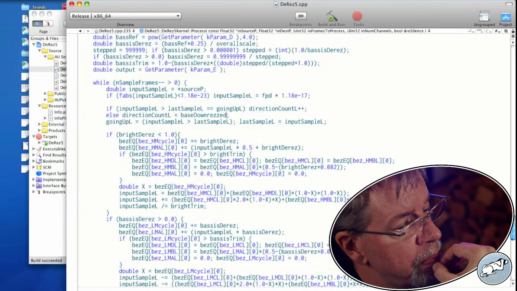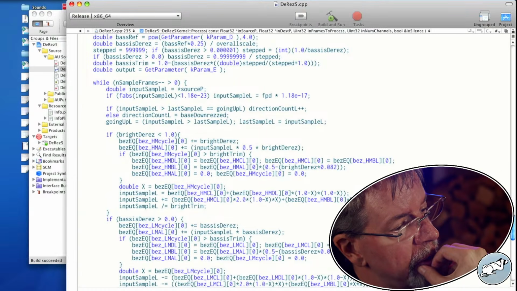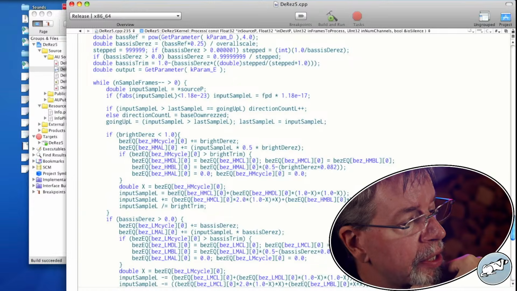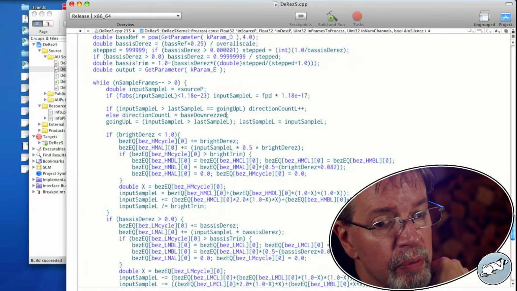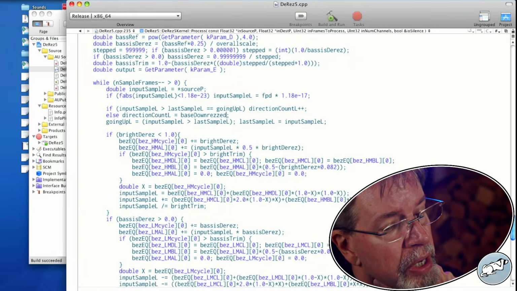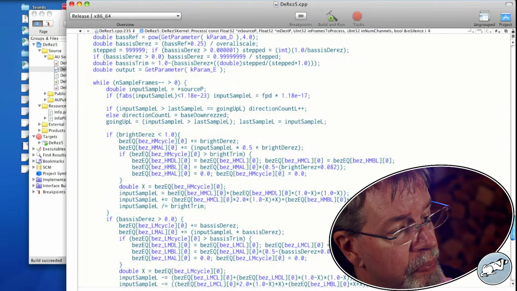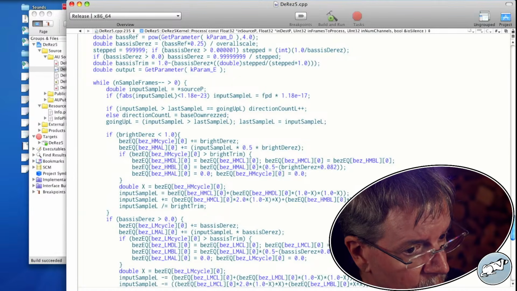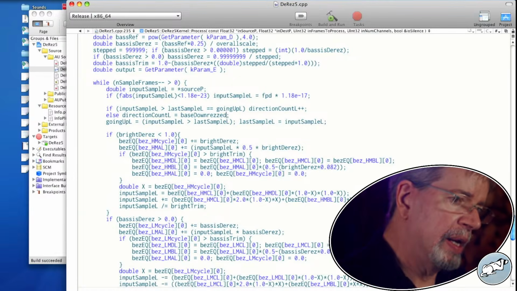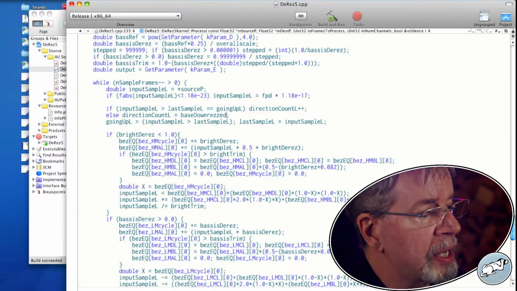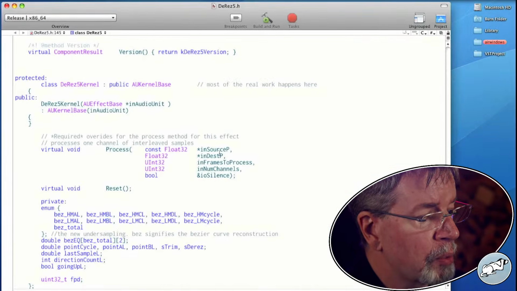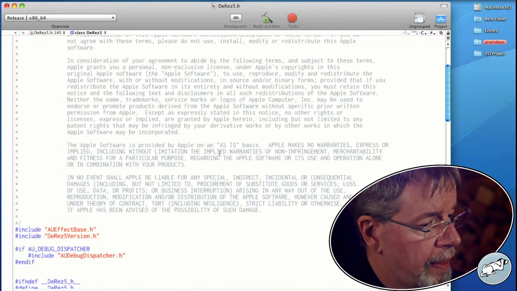That can't just be the bright control, because we need to be able to set the bright controls and the bass controls to full on and set the dereser to either connect the dots or square wave. That's actually already working. So it's time to start adding more controls to this.